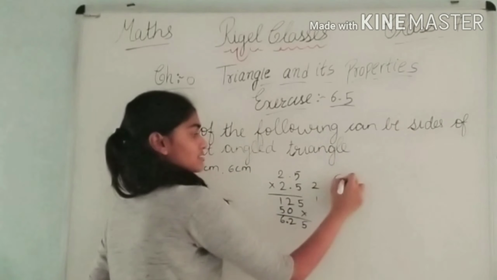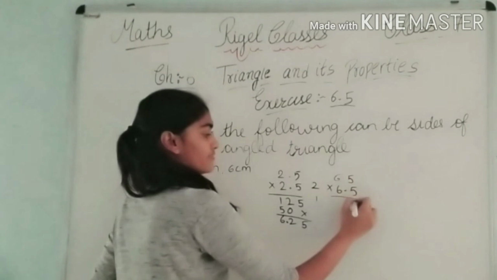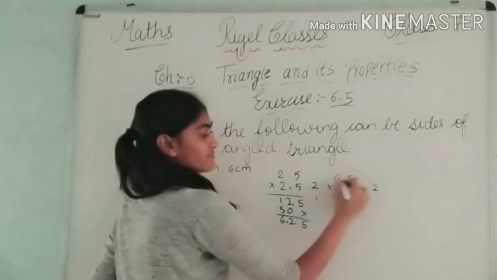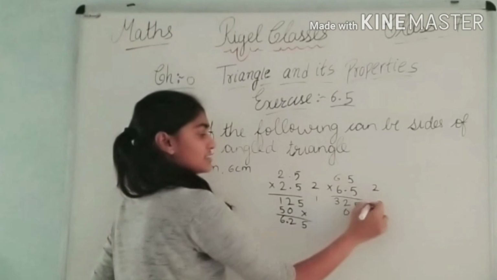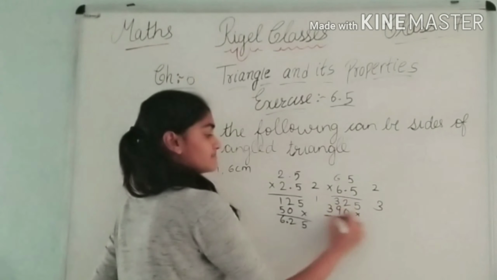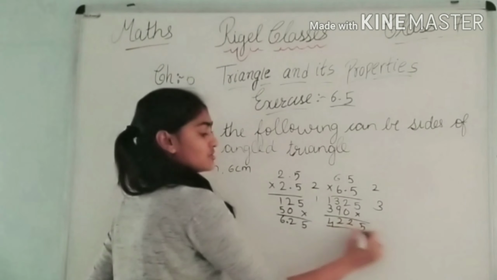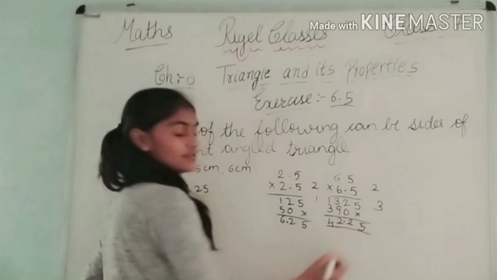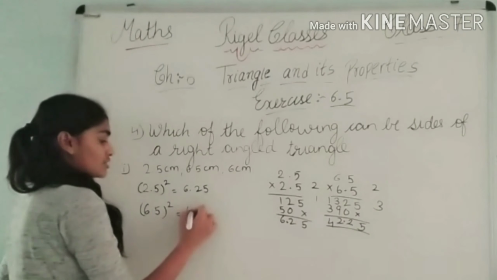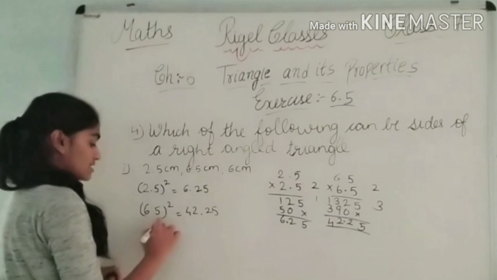So here 6.5 into 6.5. So 5 5 is 25. 2 6 5 is 30. 32 into 6 5 is 30. 3 carry 6 is 36 plus 3 39. So it will be 5 2 2 1 4 and digit decimal. So after 2 digit point will come. So it will be 42.25 and we know 6 square equals 36.